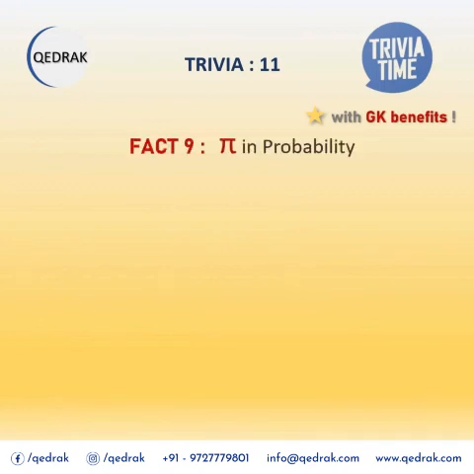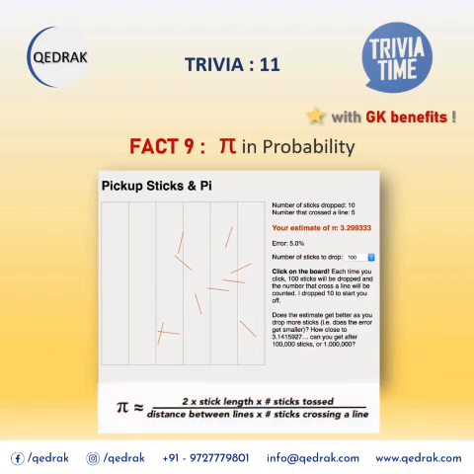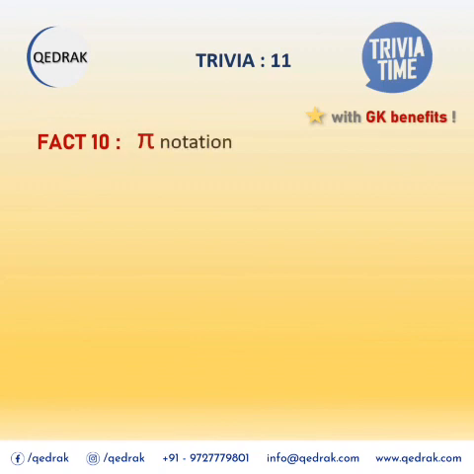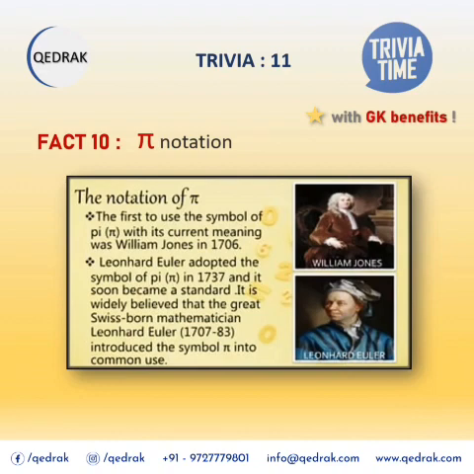In the 18th century, Georges-Louis Leclerc, Comte de Buffon, determined that you can approximate pi by dropping needles on a grid of parallel lines whose spacing is greater than the length of a needle, and then calculating the probability that they will cross a line. The probability is directly related to pi, as you can see here. According to Beckmann's A History of Pi, the Greek letter pi was first introduced for the ratio of circumference to diameter by William Jones in 1706 AD, probably as an abbreviation of the word periphery. The use of the symbol was popularized later by Leonhard Euler, who adopted it in 1737.